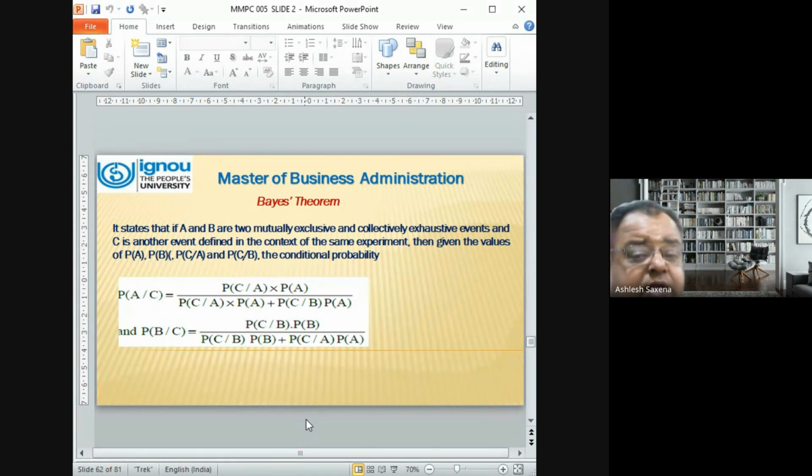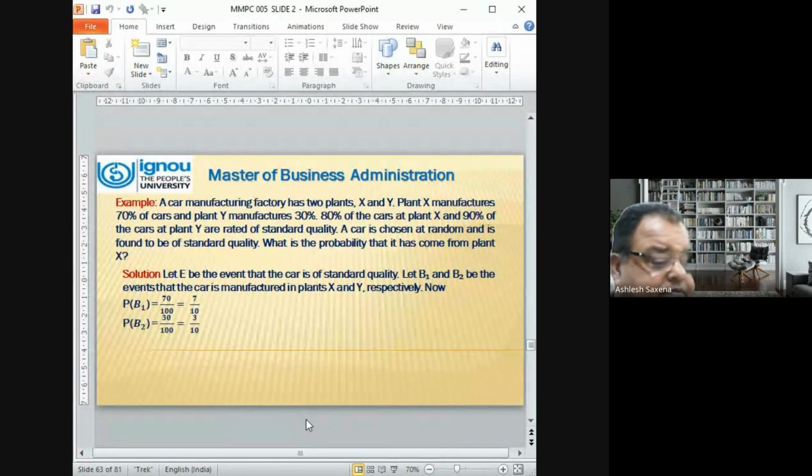अभी मैं प्रॉब्लम देके आपको समझाता हूँ। अब देखिए, ये बेस थ्योरम पहली बात बहुत बड़ी स्टेटमेंट होगी। दूसरी बात, इसमें 2 या 3 इवेंट हो रहे होंगे और उसमें आपसे ये कहा जाएगा ऐसा हो रहा है, कब हो रहा है, अगर ये हो चुका है या ऐसा होना है। तो अब देखिए, a car manufacturing factory has 2 plants, X and Y. Plant X manufactures 70% of the cars. तो जाहिर सी बात है कि जो प्लांट Y होगा वो 30% ही बनाएगा।